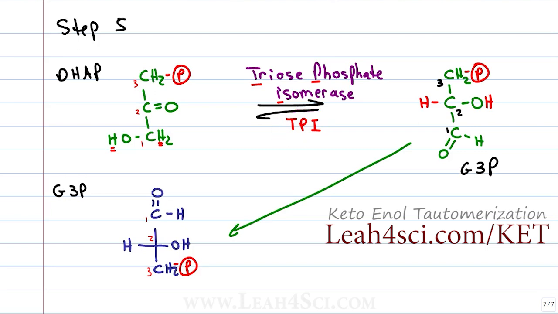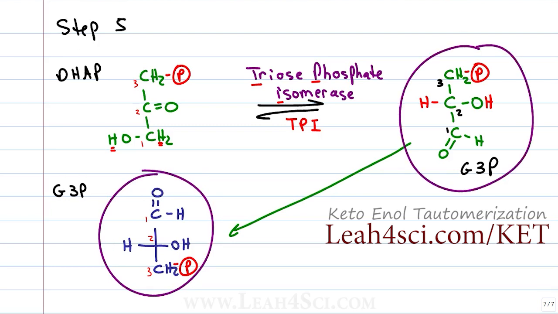This is considered one of the few perfect enzymes in a biological system because it's very efficient and has a very high turnover rate, which, if you think about it, is really important given that half of every single glucose molecule is not usable until TPI turns it into G3P so that we can get the maximum energy out of every half of glucose. Now that we have 2 glyceraldehyde 3-phosphates, one from the initial G3P that formed when we broke fructose 1,6-bisphosphate, and the second from converting this unusable half DHAP into G3P,